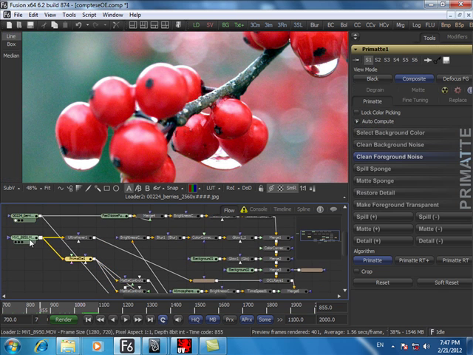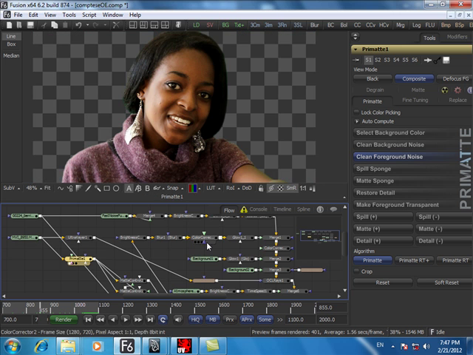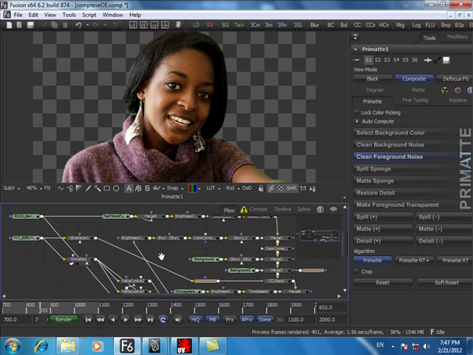In order to proceed, I needed to remove the screen, and the best way to do it was to use Primatte, which is a keying tool. It just removes the green or blue, depending on what sort of footage you have, and this was the result that I got. So once I had that done,